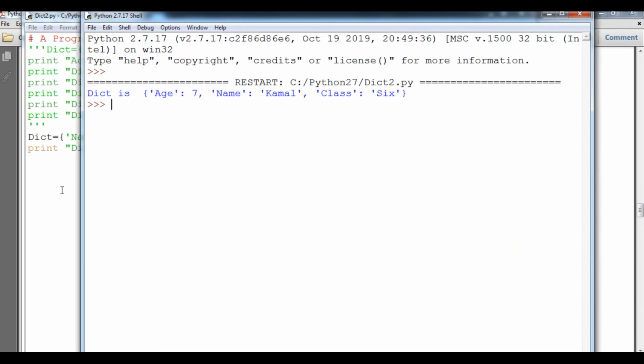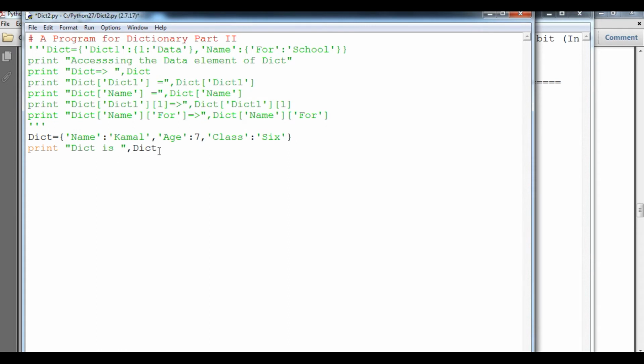So what we are going to do, student, is first of all change the particular existing key. So here I will say DICT of, definitely here is age, I will change the value, that is 8. And second thing, I will add a new dictionary key, that is school. So here school, definitely I will say within double quotes Don Bosco.